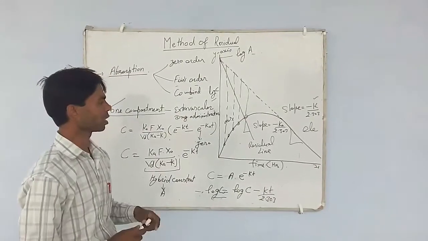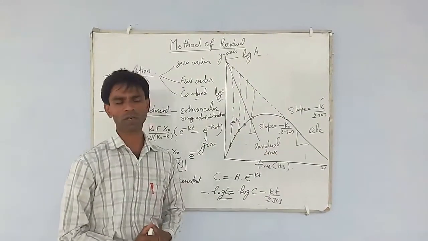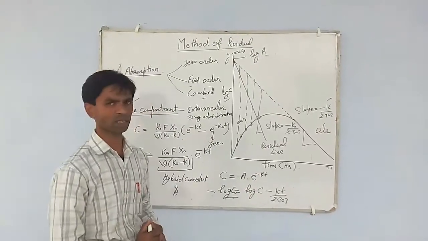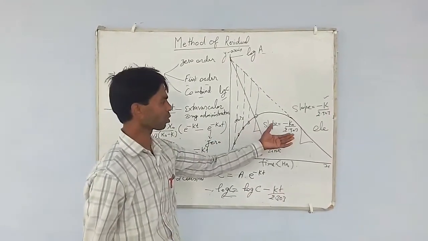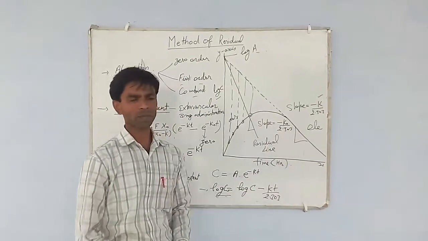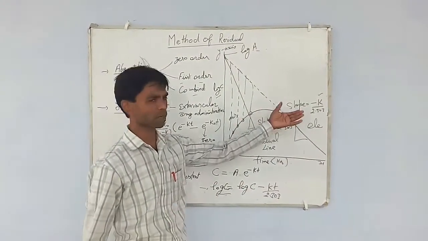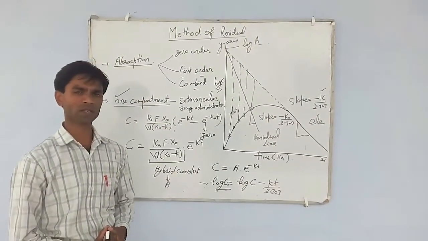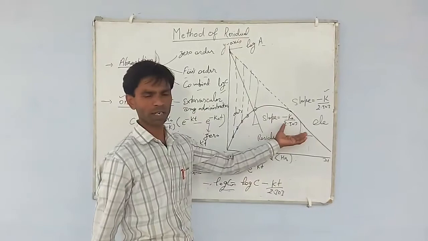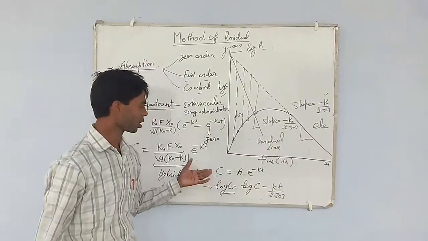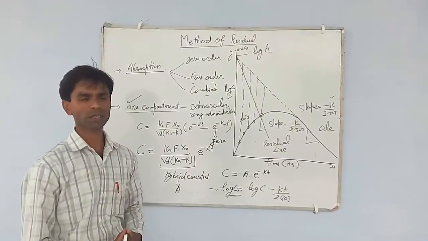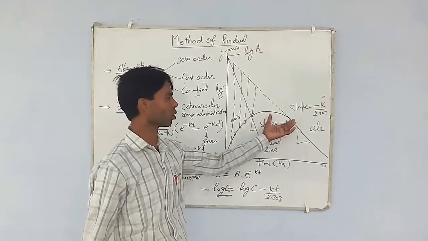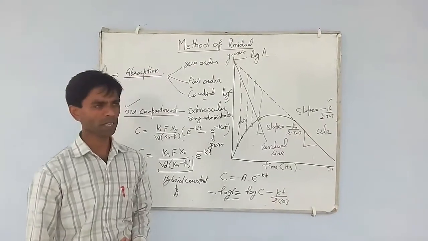For determining the absorption rate constant by the residual method, we require assumptions. The first assumption is that the absorption rate constant is at least 5 times greater than the elimination rate constant. The second is that absorption and elimination of the drug follow first order kinetics. Then this method is also known as the flip-flop method if the absorption rate constant is not greater than the elimination rate constant.